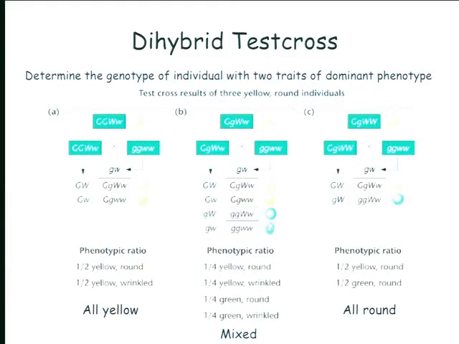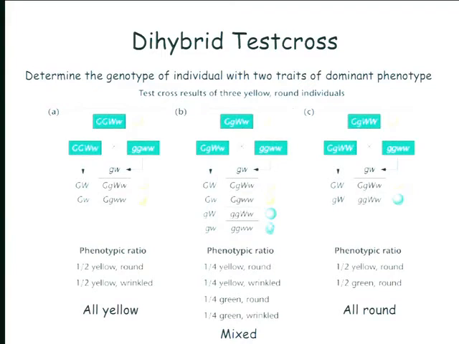If, however, your original parental individual was heterozygous at both loci, then you're going to get a different outcome from your test cross. In this case, this doubly heterozygous individual is going to produce 4 different combinations of alleles in the gametes. It can either produce big G, big W, big G, little w, little g, big W, or little g, little w. So when that's combined with the alleles from the test parent, you're going to have 4 different combinations of